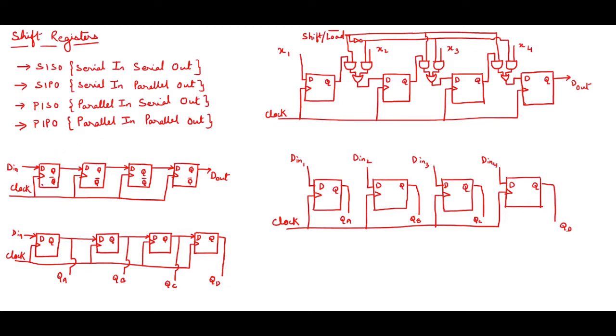To design the shift register I have taken D flip flops, and these are all 4-bit shift registers. Starting with the first one, this is called SISO, serial in, serial out. Let's say I have some data over here, and data are coming continuously. From that I'm truncating and taking a few bits. Let's say the bits are 1 0 1 0. I've taken 4 bits. I'm giving the first clock pulse, and I'm assuming the data over here are random, some garbage values are present.